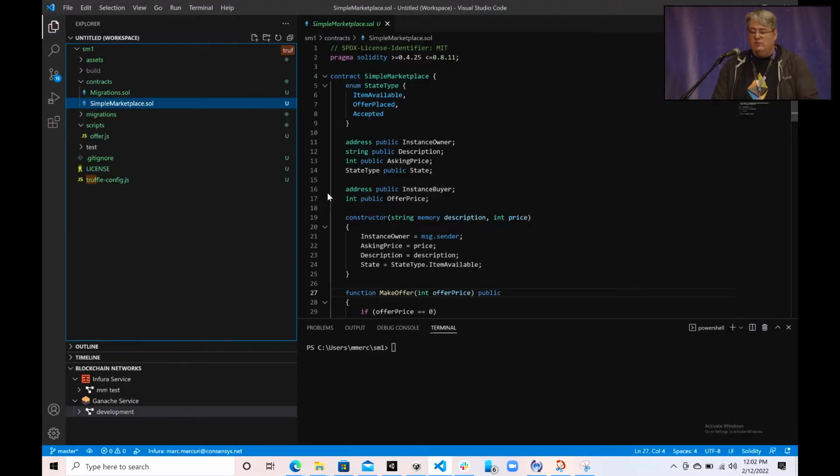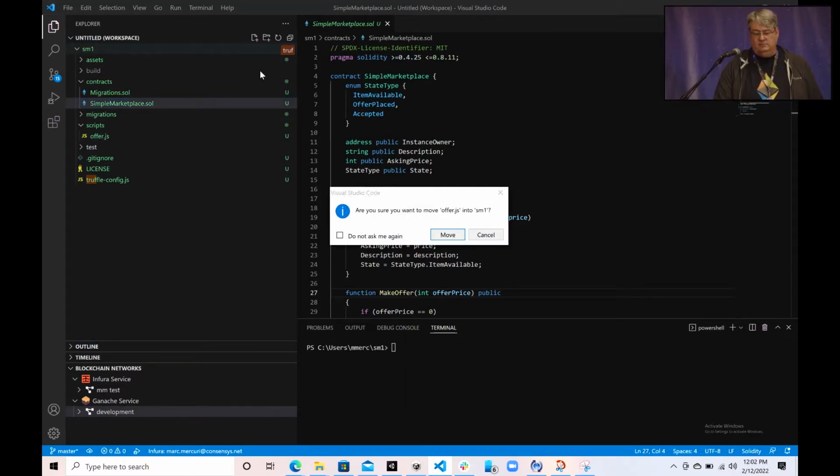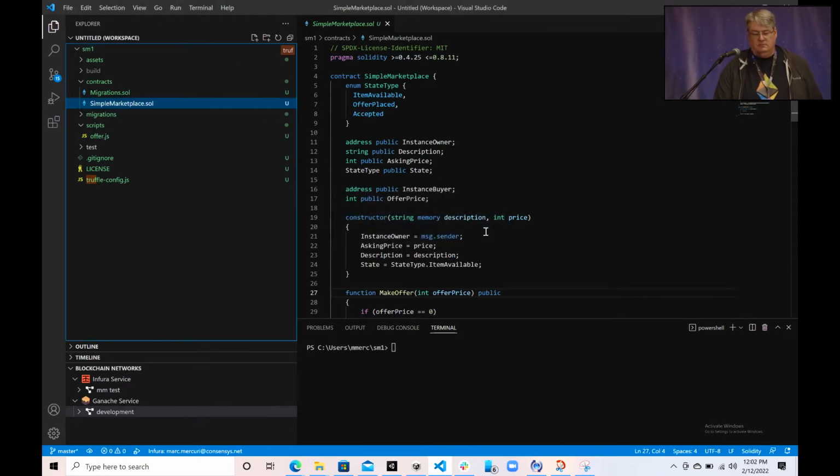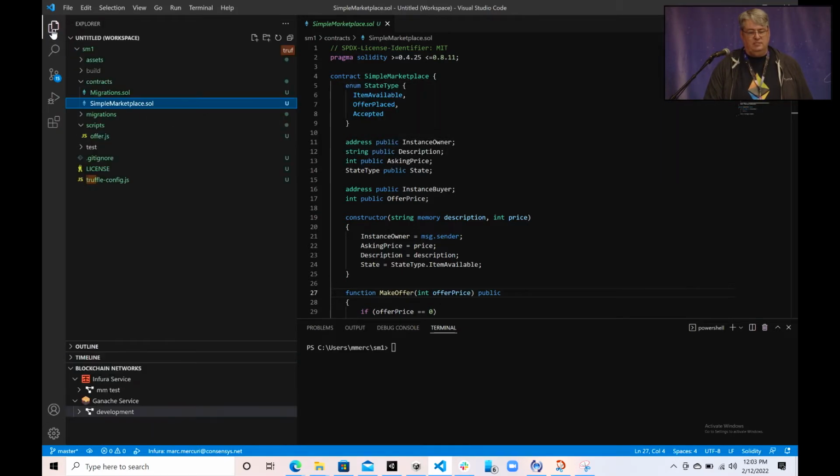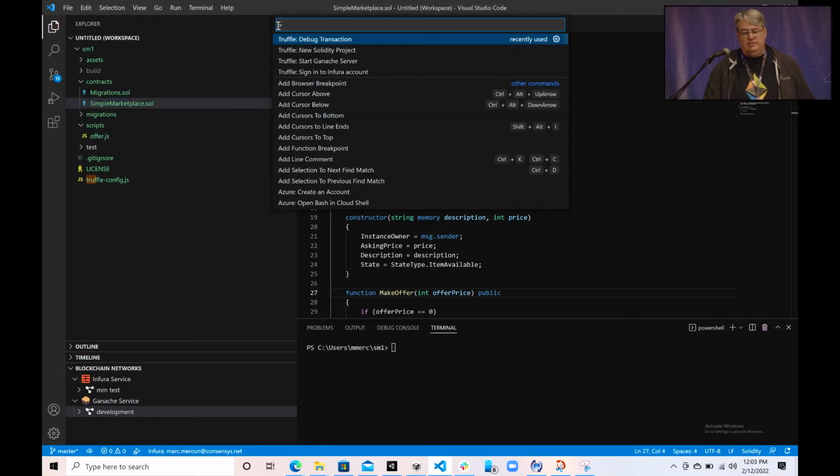Because we've only got 20 minutes, I already have it opened up. You can see here, let's go to the command palette. We'll start off there. If you're not familiar with this, this is Visual Studio Code. This is an extension we have in here. It's also using the Solidity extension from Juan Blanco, who's also at Consensus. You're going to go to View, Command Palette. If I type Truffle,